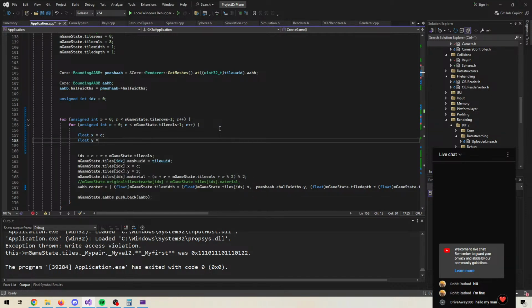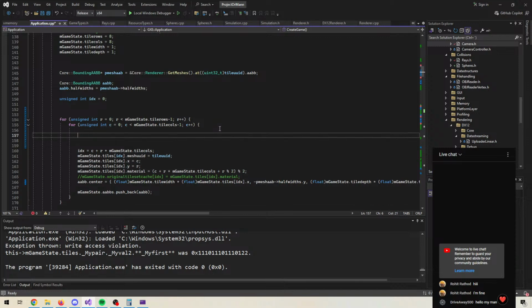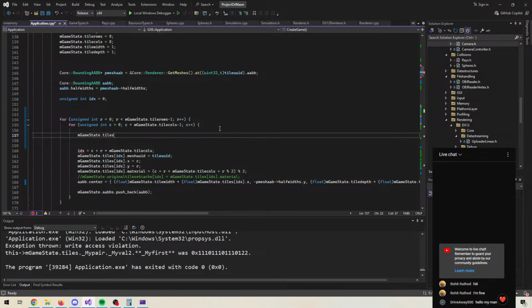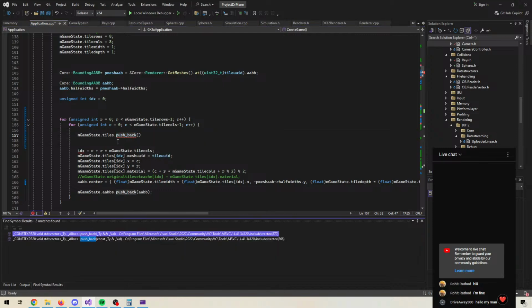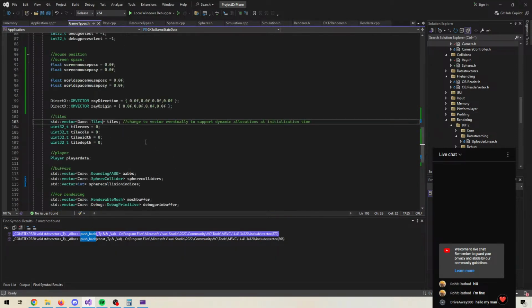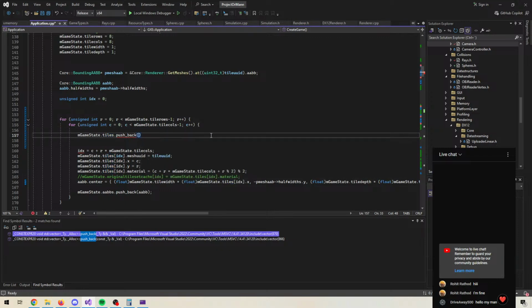C float y equals r. Maybe we just want something like tiles push back. X, Y, and then material. So C, R,